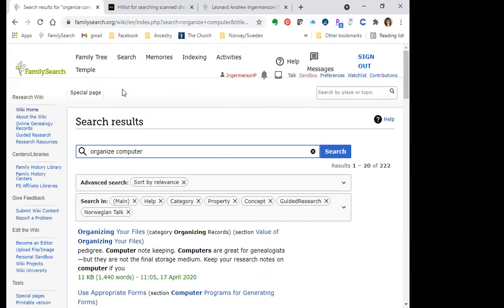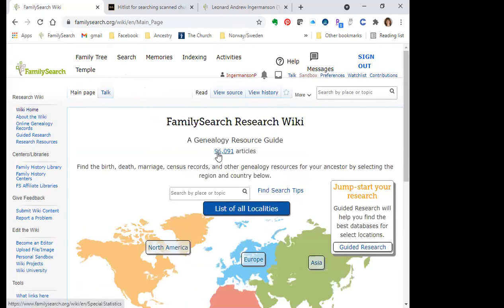Where is it? Oh, that's not what I want. I want to show them how many records. Let's go back to the Wiki home. There's 96,091 articles in the Wiki. So that's a lot of articles, a lot of things that people have been writing about. So, okay, the last thing,